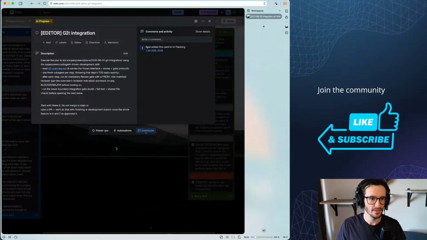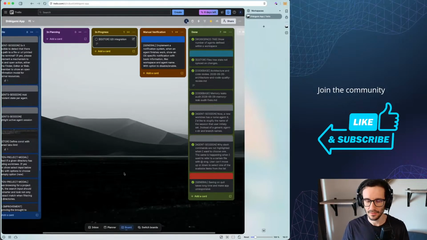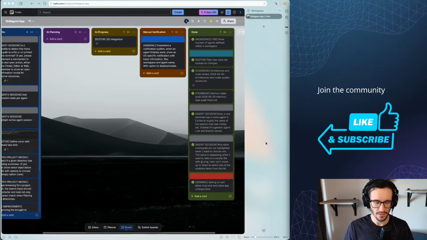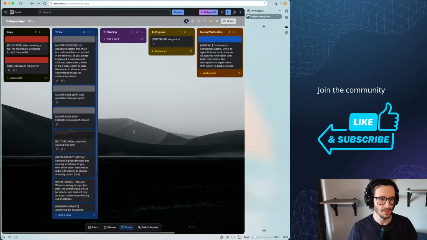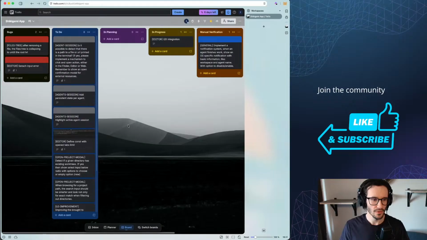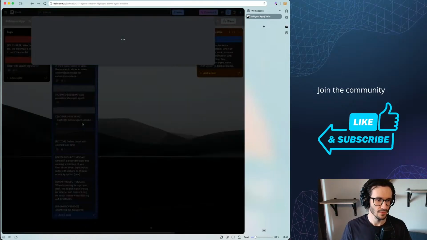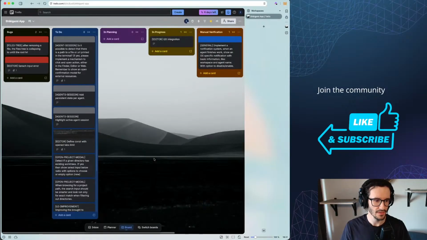Then in progress, Git integration. I know that this is ready for manual testing on a dedicated work tree. I'm going to take a look at it later, because for today, I would like to focus on smaller, minor issues, but important for the overall user experience, which is highlighting the active agent session.